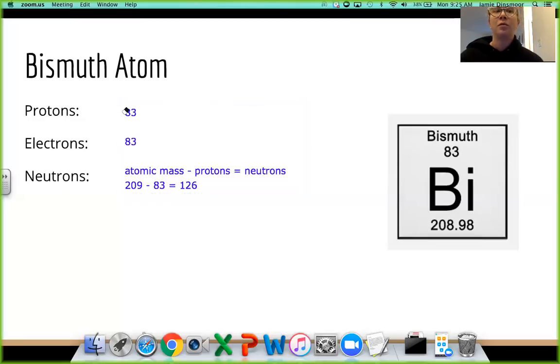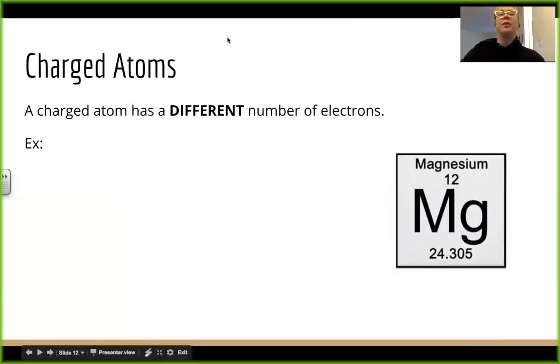That wasn't too hard, right? In fact, you might have already done that in 8th grade, but probably needed a refresher. Now we'll talk about charged atoms. This is where it can get harder. And it's a little bit more realistic of real chemistry. So